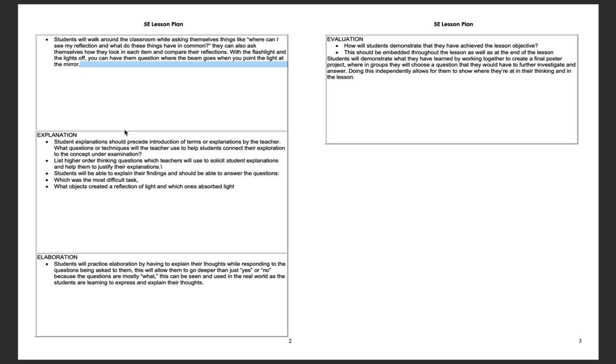And the final E is evaluation, and this is how students will demonstrate that they have achieved the lesson objective. And this should be embedded throughout the lesson as well, as at the end of the lesson students will demonstrate what they have learned by working together to create a final poster project. And in these projects, the groups will choose out of any question offered to them to further investigate that question and create an answer. Doing this independently allows for them and for yourself to see where they're at in